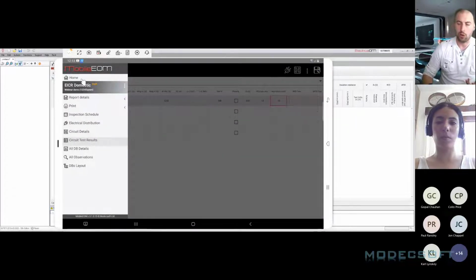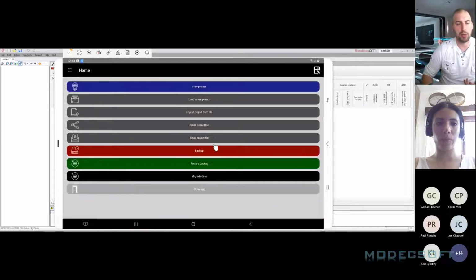I'm going to go back now to the home screen. So here now on the home screen, because I've got the information that I want available, I want to send this now into my software. So I'm going to go to share the project file. Now we can share the project file one of two ways. We can share the project file either by an email, so we can email the information to a desktop machine,